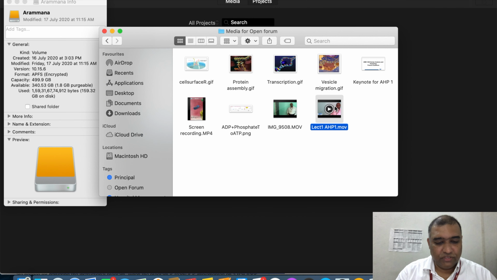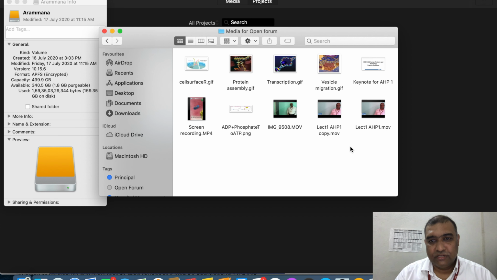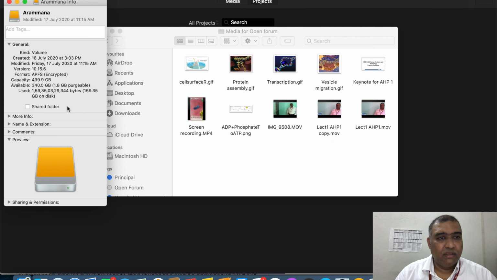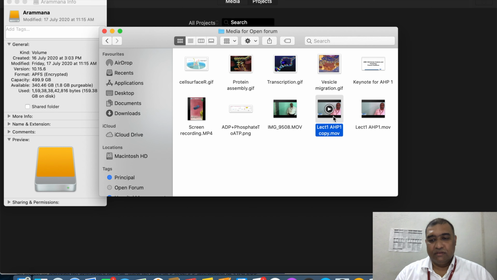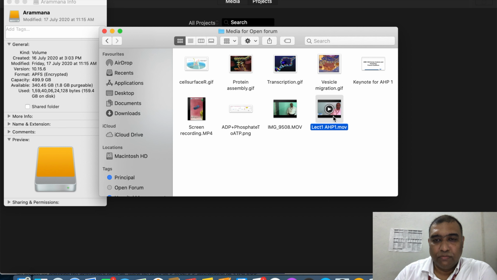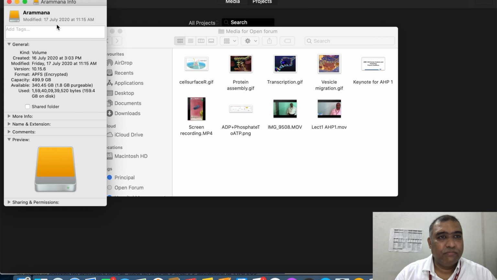Now I'll copy this 40 GB file and paste. So I made two copies of this around 40 GB file, and you can see the space hardly changes in the hard disk. This is Apple file system, where I don't know what they do, but the space does not get occupied a lot when there are multiple copies of the same things on your computer.